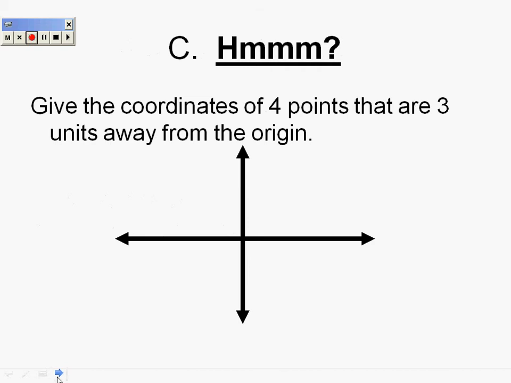I want you guys to think for a moment here. Talk amongst yourselves. I want you to talk together, see if you can give me the coordinates. Now, coordinates are points, but the numbers of those points. So I need an x, y for each one of them. Give the coordinates of 4 points that are 3 units, 3 spaces, away from the origin, which is the middle,